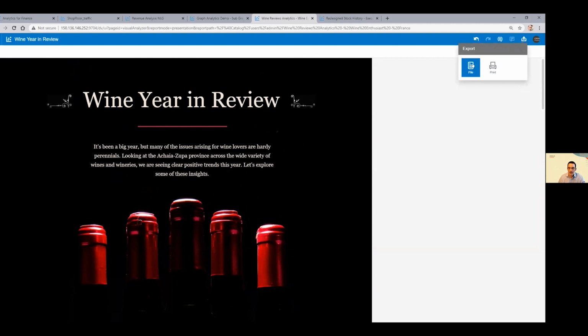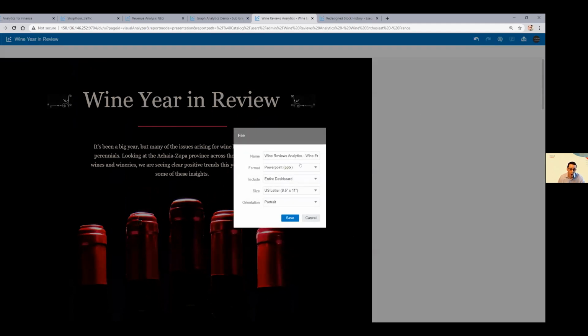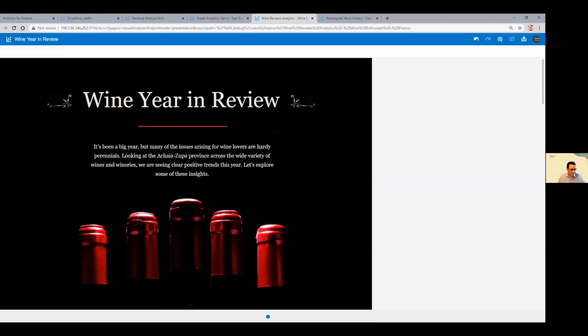But once you've got your infographic done, I can actually go to export these, and I can send it to a PDF or PowerPoint, which is an option. And what I will do, I have it prepared for you, is here it is in Acrobat Reader. So now it's lost its interactivity, but now it's a PDF. Or you can save this as a PNG for publication on your website or for email to your customers. And as I scroll down, you can see this is a perfectly created infographic, all ready to go.